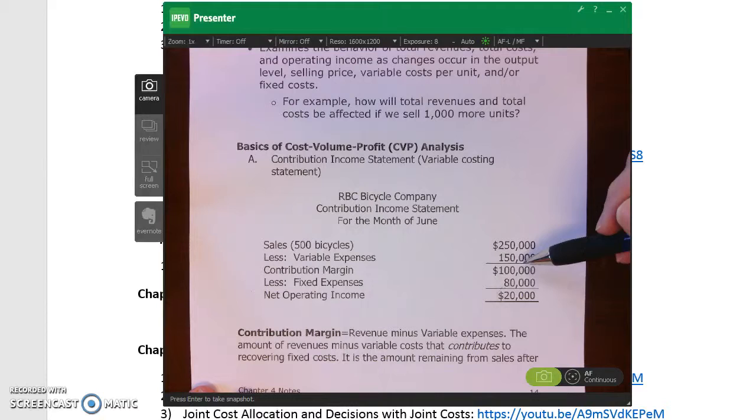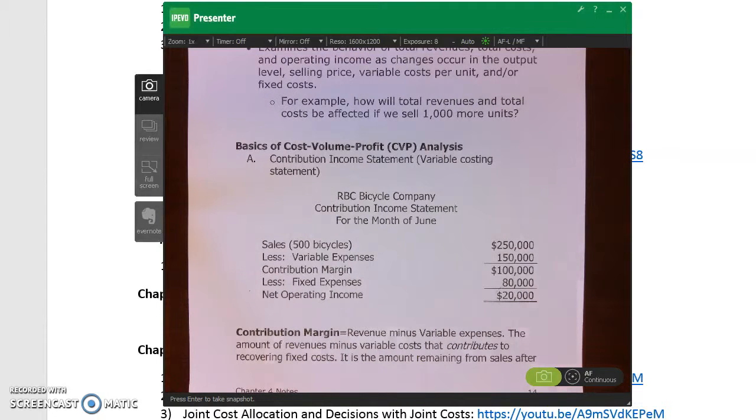Okay, so again, when we talk about the traditional way of separating out the income statement, we have our cost of goods sold, and then we have our operating expenses. Cost of goods sold are product costs. Operating expenses are a period cost. So we're separating out the costs in the traditional income statement between product and period. In the context of cost, volume, profit analysis, we would use our contribution income statement,